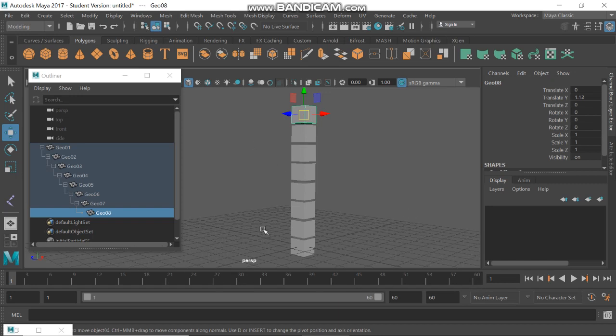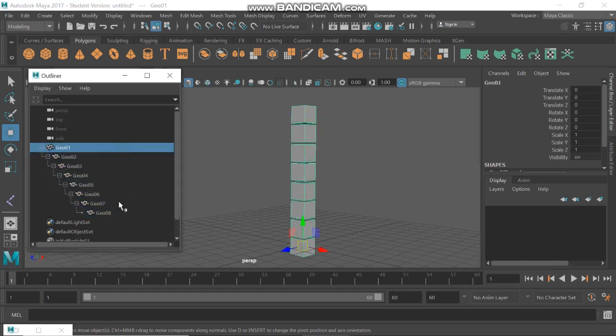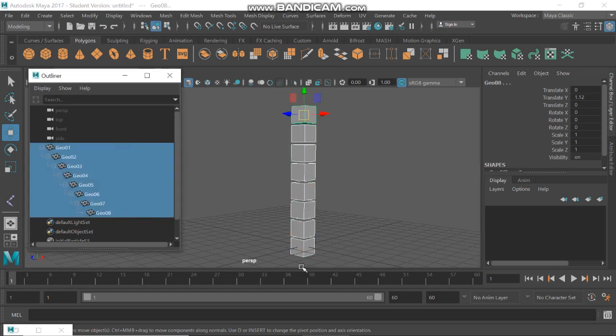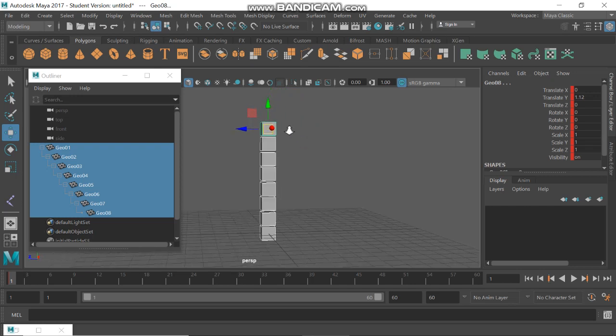So let's go to the parent and select all of them. Make sure you are on frame 1 in your slider, and then I'm going to press S on my keyboard to insert a key. So I'll press S on my keyboard, and then you can see a red line here, and this indicates that there is a key inserted on frame 1 for all of these objects. Okay, so assuming this is our first frame,